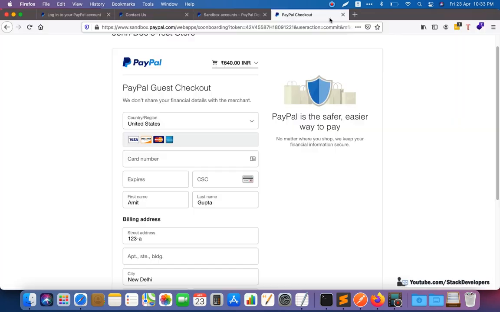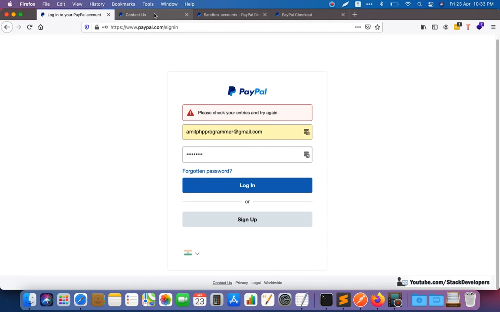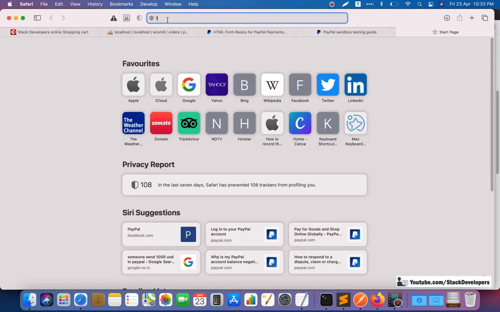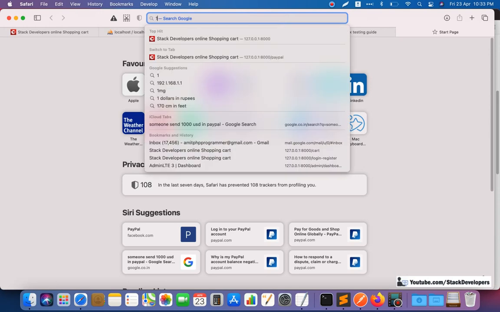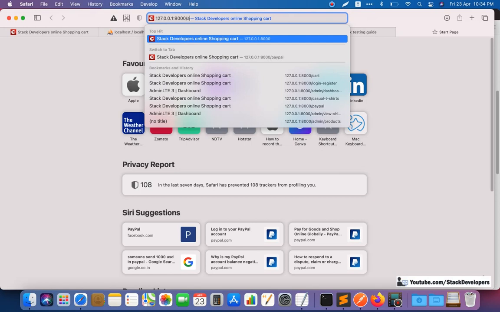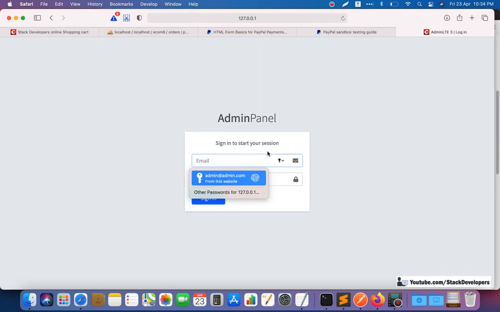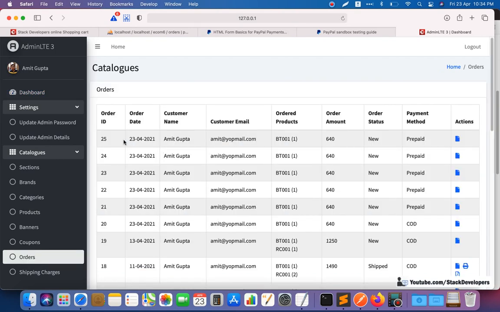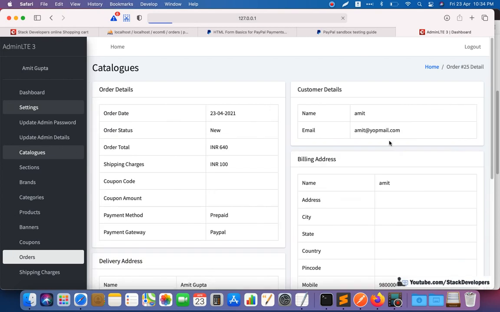We can open the admin panel as well. See here, I am going to open the admin panel here itself. See admin, and we can check here orders, and yeah, this is the 25th ID and the payment method is prepaid.